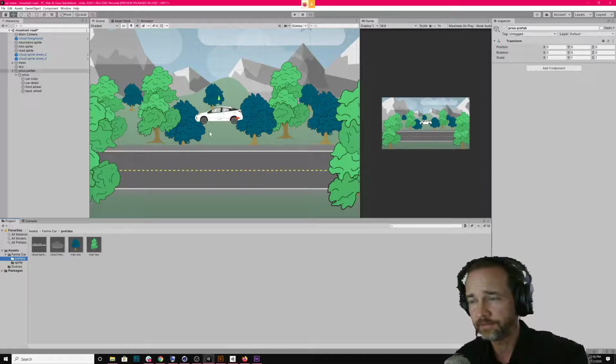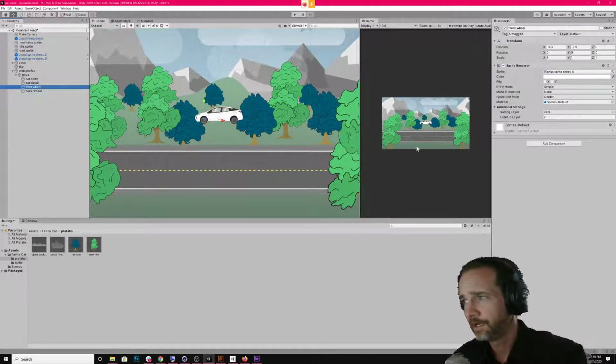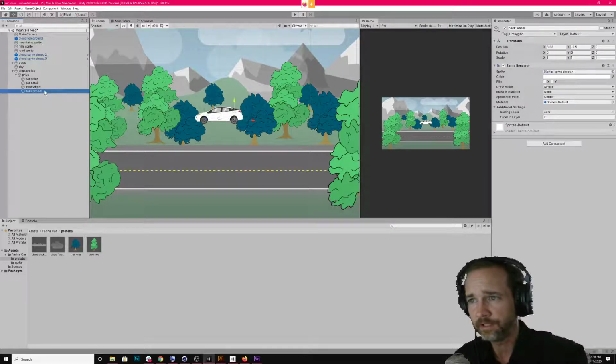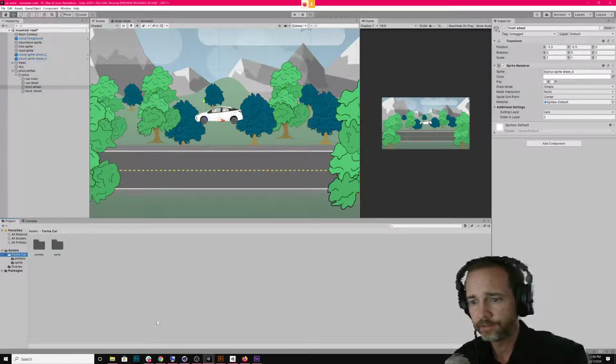Well, let's finish animating it first. So we've got this. What do we want to have animating in this prefab? Well, we certainly want the wheels to be spinning. So let's go ahead and do that. We've got it constructed. So we want that to be innate with every Prius prefab, is that we have animating, rotating wheels. So I'm going to go ahead and grab the front wheel here. And we are going to